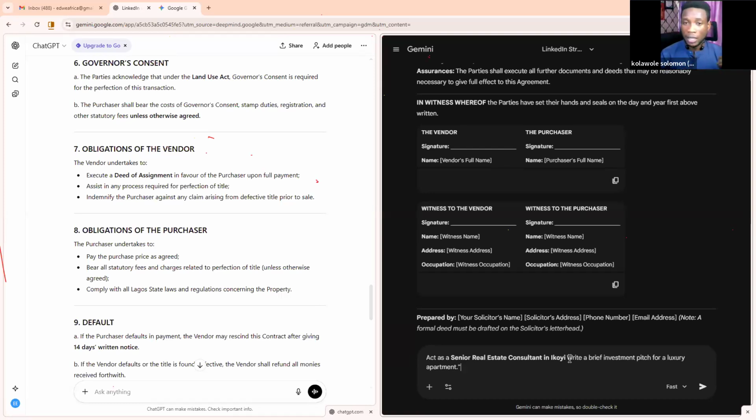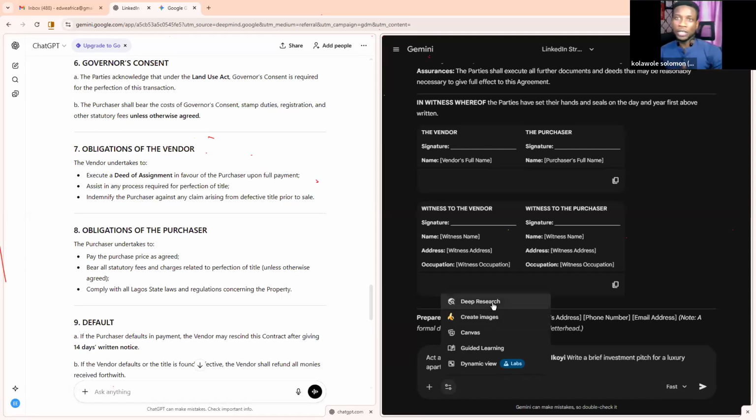ChatGPT, Gemini, these are for text. Now, they do allow you extra functionalities. I wasn't going to talk about this. I mentioned earlier that I don't want to talk about all of the bells and whistles that these tools offer, but they do offer some very, very good options. For example, you notice that if I click on this cog icon,